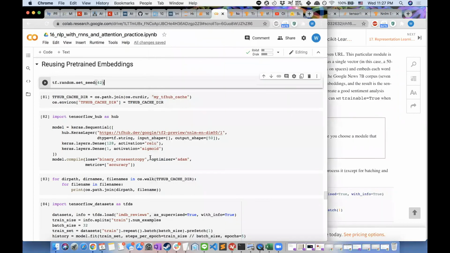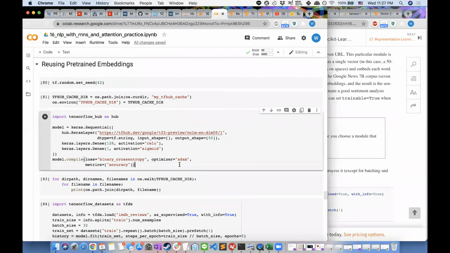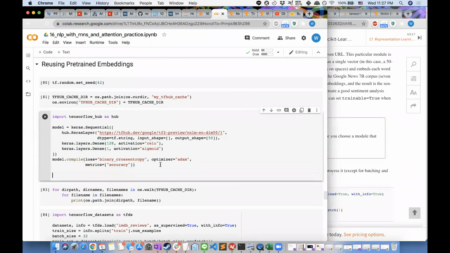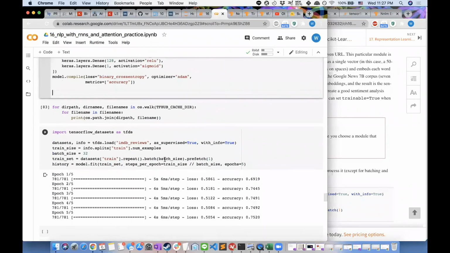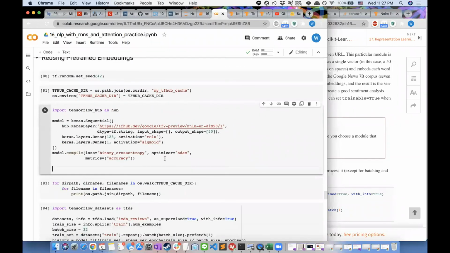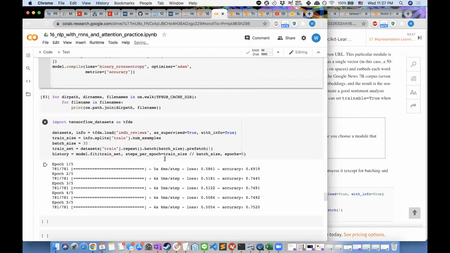And basically you're just loading this model from this particular URL, with a dense layer of 128 units and a final dense output layer with 1 unit and sigmoid activation. And with that pre-trained embedding, instead of training your own,